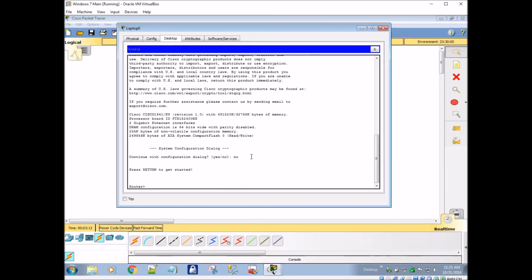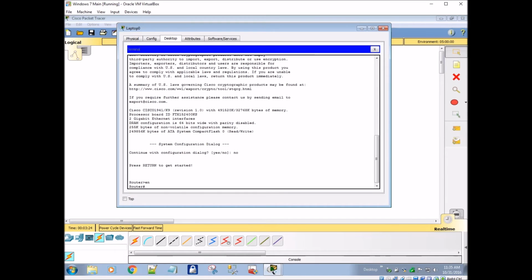And then we are at our basic login, and we are at user exec mode because we have the greater than sign. If I type enable, or EN for short, because you can always shortcut a lot of these commands, I'm then at my privileged exec mode. And so then if I type in CONF, I can complete a lot of these with my tab key.